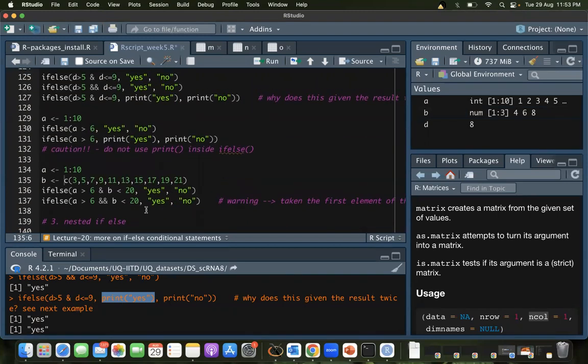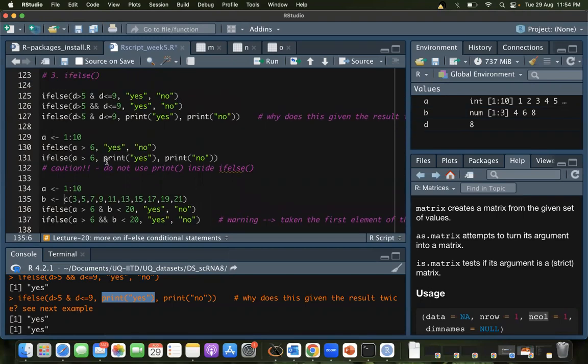I have not been able to exactly understand why the function does it, what functionality it holds, but I would just like to tell you this, that do not use print inside of ifelse, the combined one.